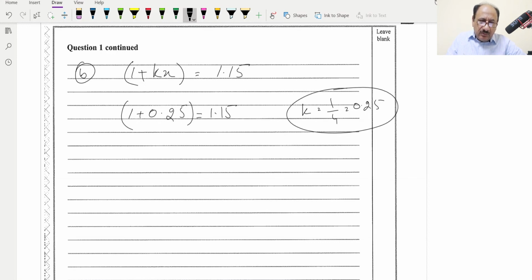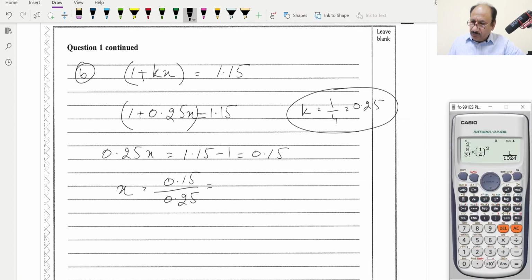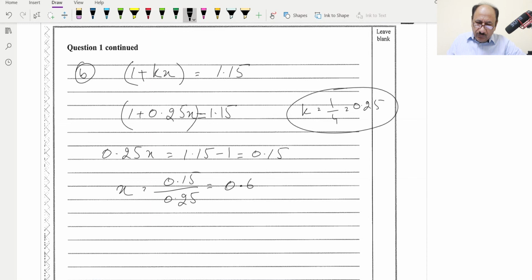And now this will be x also. So over here we missed x, so now we can open this one, and 0.25x is equal to 1.15 minus 1, which is equal to 0.15. Now x value we can find, 0.15 divided by 0.25, and this will be what? So we can divide 0.15 divided by 0.25, and this is equal to 0.6. So x value is